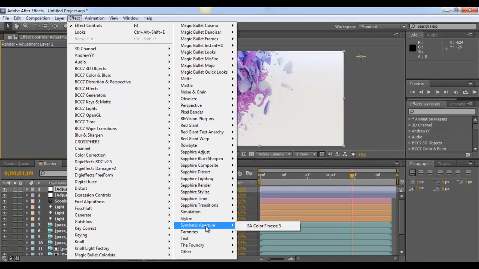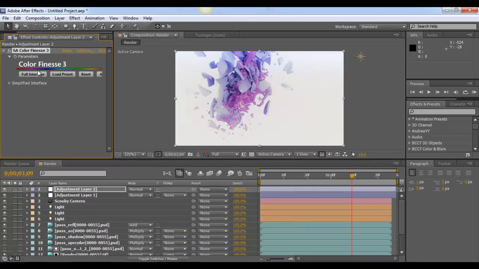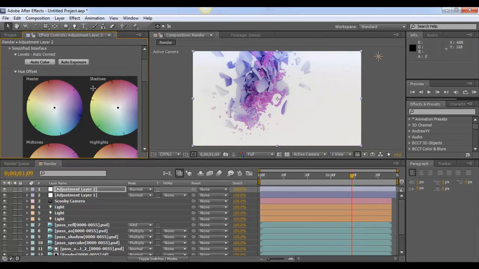And we can add another adjustment layer and effect. And let's go to color and finance. I'm not sure if you guys have this one or not, but if you bought After Effects, you definitely should have this one, because it comes with the program for free. Alright, so let's open the interface,